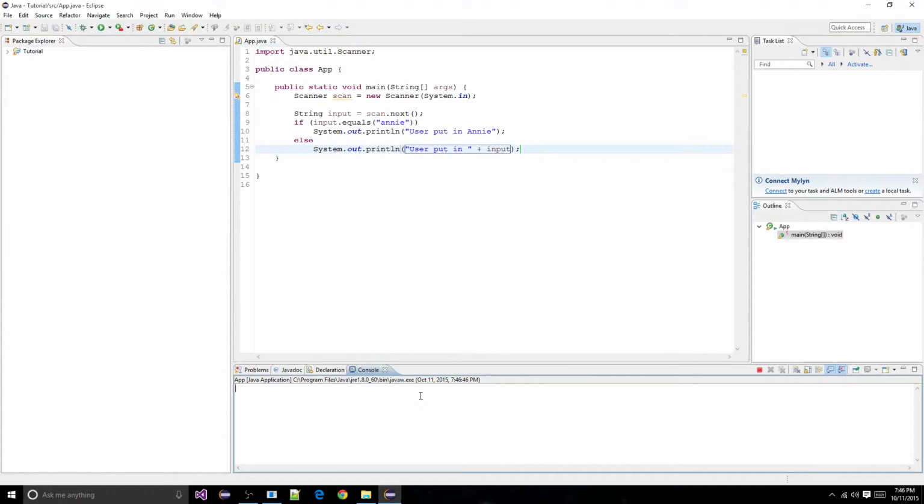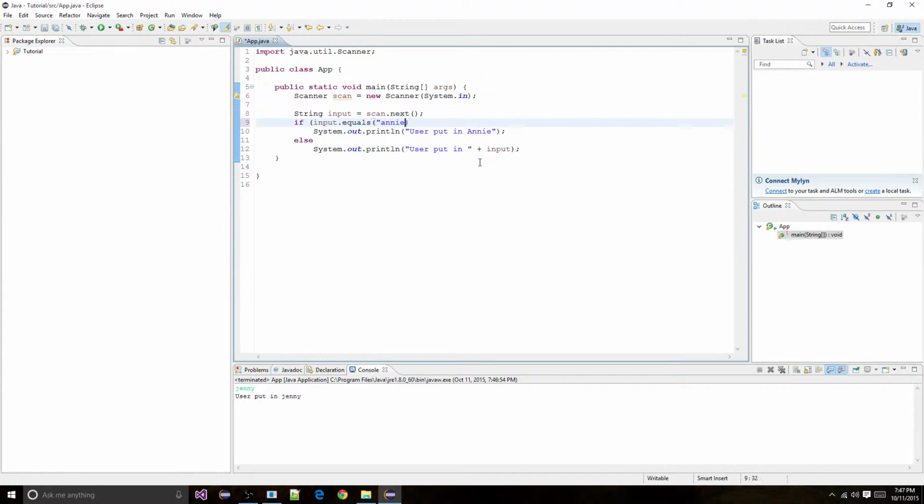And let's type in Annie. And we can see that the user put in Annie. Let's run it again and not put in Annie. So like Ginny. User put in Ginny. Now you may be thinking to yourself, why don't I just do input equals